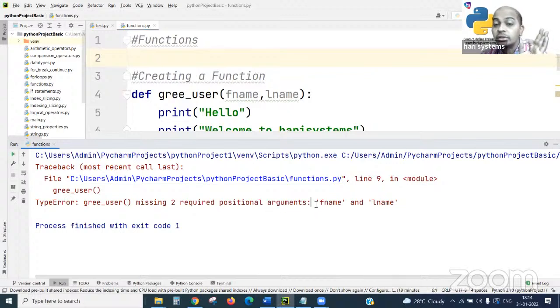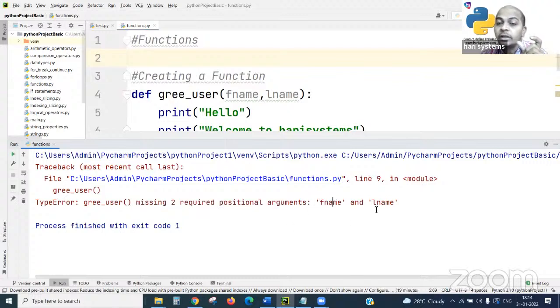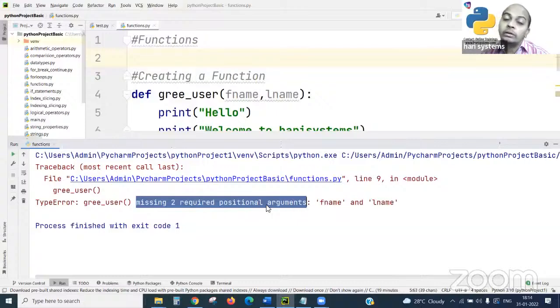It's technical language you need to understand while entering into programming. The missing two required positional arguments are f name and L name. The Python compiler itself is saying a type error: greet user function missing two required positional arguments.